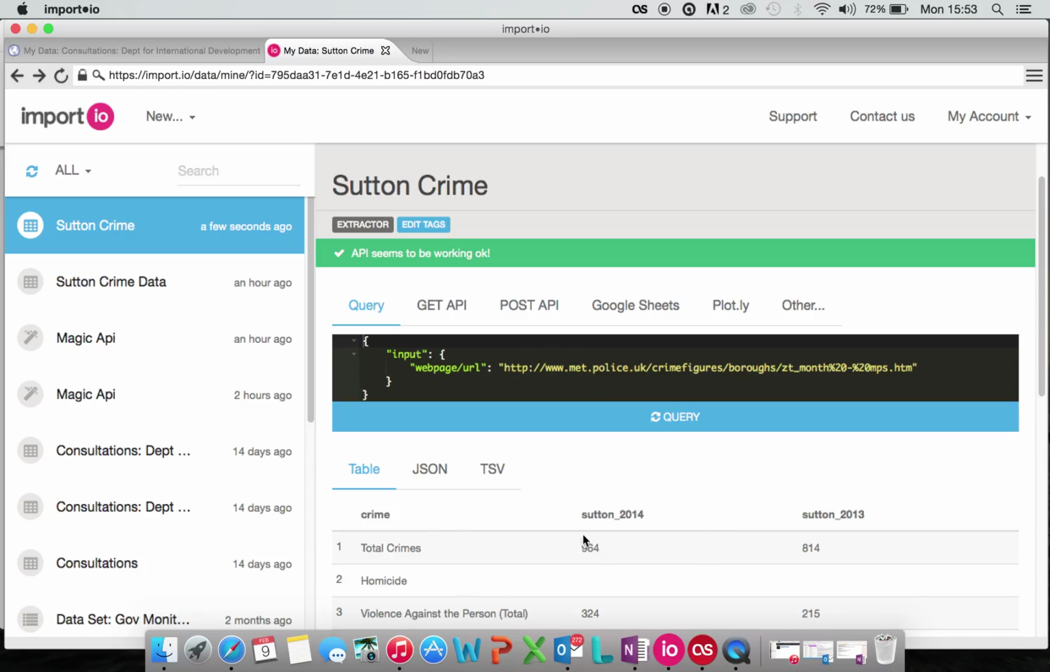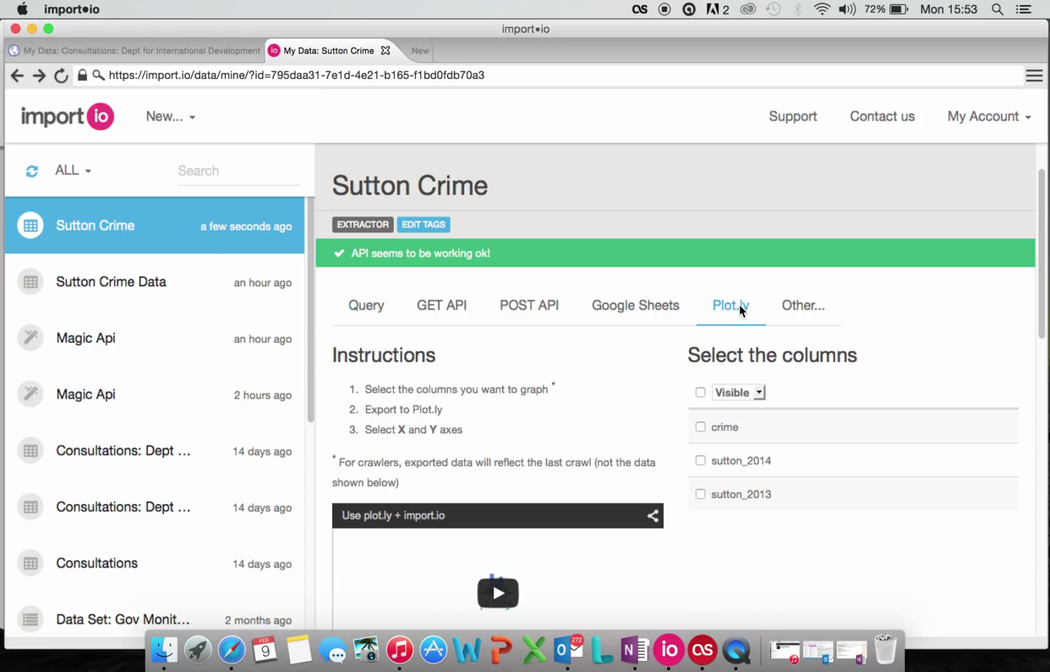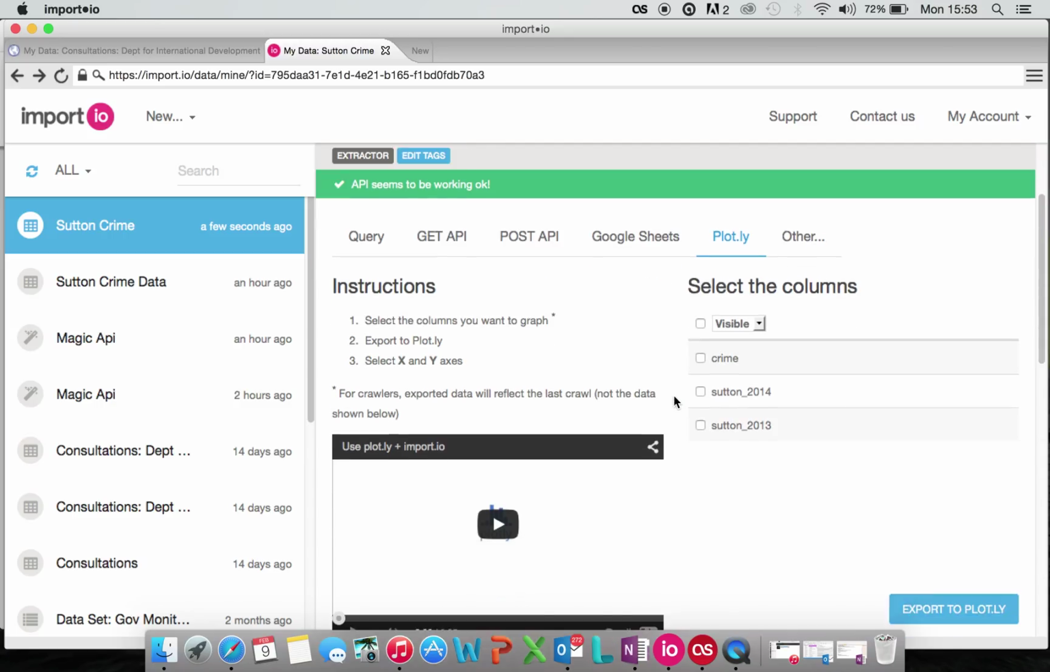And what I can do now, I've got this data, is hit Plotly, which is a new integration Import.io's got, and I select what I want to take over to Plotly. So I want the crime and the 2014 and 2013 data. If I hit export,